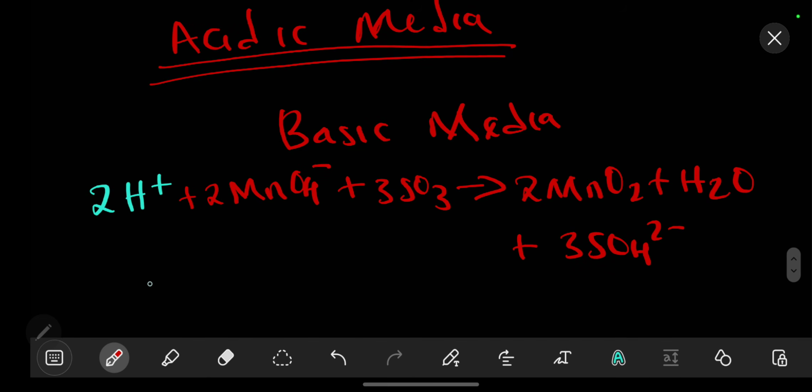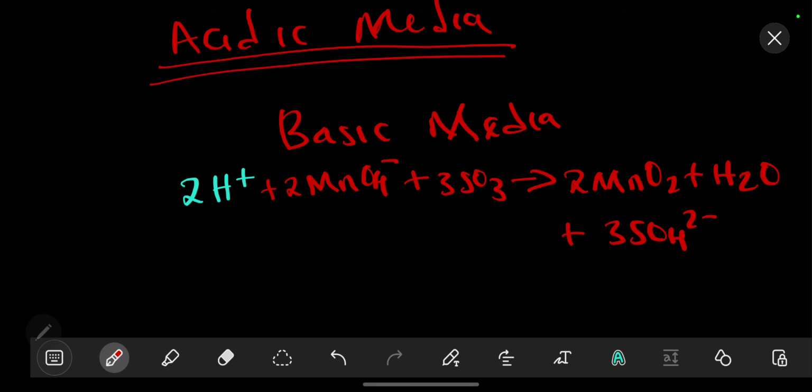So since we have 2 hydrogens, just add the same number of hydroxides on both sides, plus 2 hydroxides on both sides. So just as we said, that's a hydroxide ion. So just as we said, take 1, 2, then we are going to have H2O. So when these two add, then we are going to have plus our 2